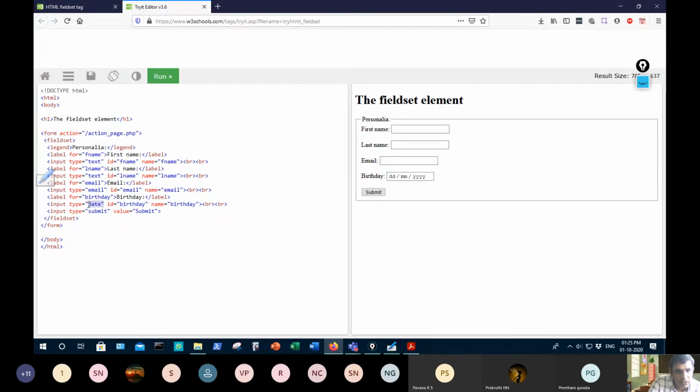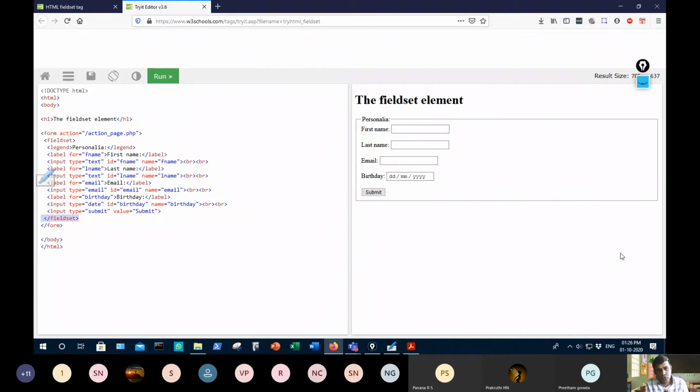That's why the date field appears in date, month and year format. Now all of them are encircled by a border here. Why? It is the fieldset tag that groups all the related elements and draws a border outside these related elements. That is the function of fieldset.